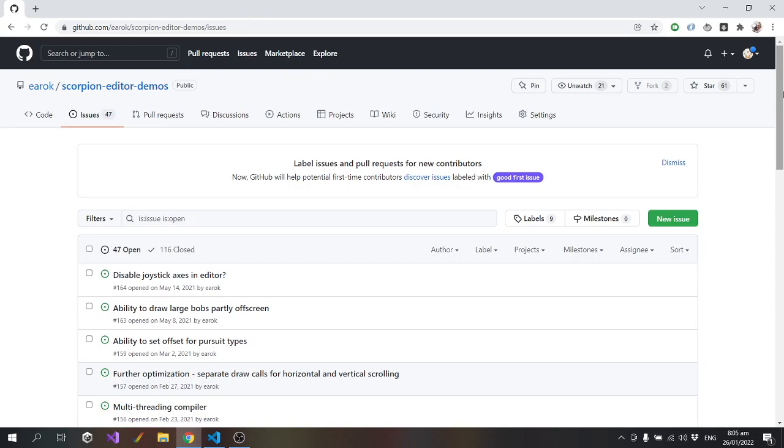Well, I realize it's been about a year since I've looked at the list of issues on the public repository, so I thought to start with, I'm going to go through this one by one, close off issues that I've already done, and then maybe look at adding some new issues for things that I want to work on for the next major update. But I'll wait a couple of minutes before getting into that.